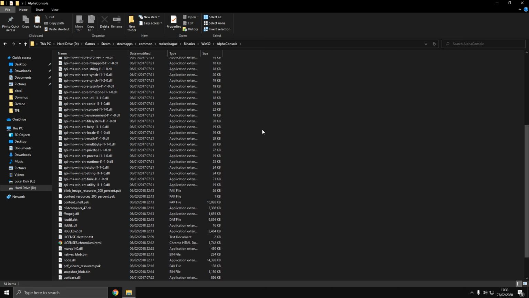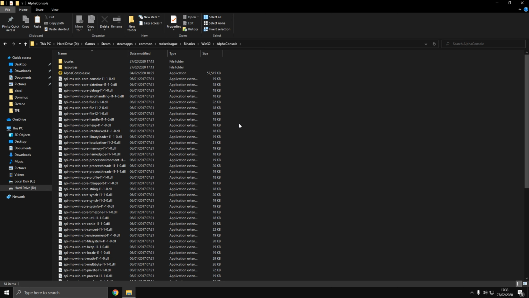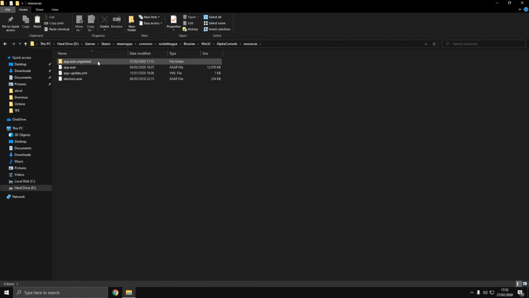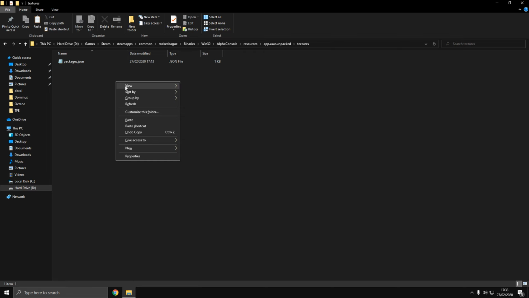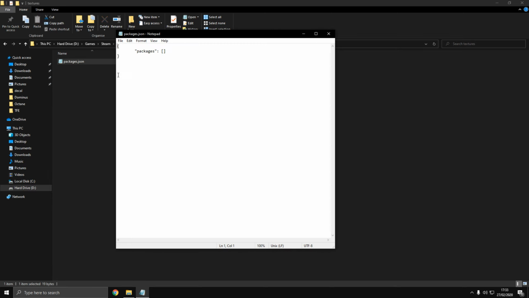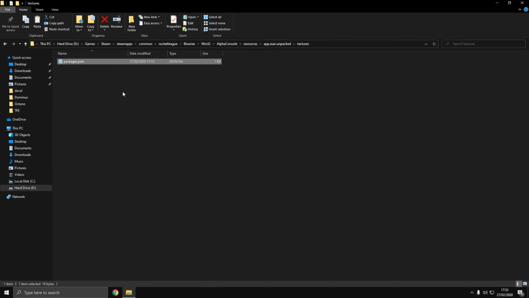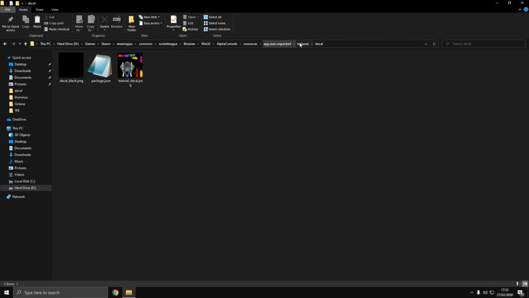Just load it up and do exactly as I say, because this is quite a weird folder to get to. So just go to Resources, go to App ASAR Unpacked, then go to Textures, and as you can see here, it's blank. It will have a packages.json file here, but just paste it in,